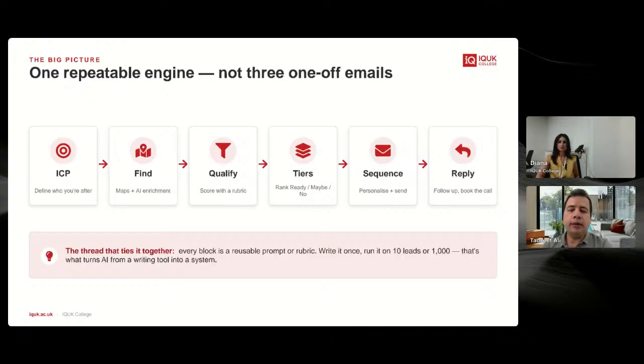Then in step three, you want to qualify them. Are they really relevant businesses or not? You want to double check before you start reaching out to them. So really use a structured approach, a rubric, a grading criteria to grade those leads as good, excellent, or poor. You can also put them in different tiers: the ones who are ready to reach out to, the ones who are maybe, so you might need more research on them, and the no. So you can put them into 3 tiers for your convenience.